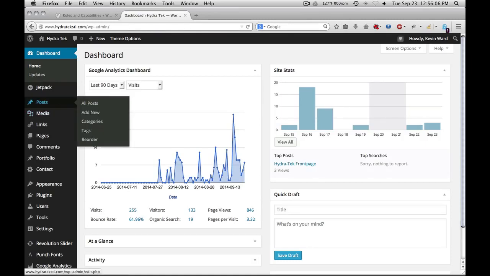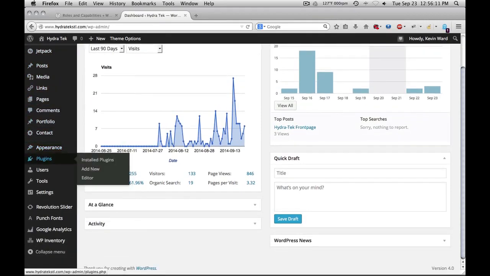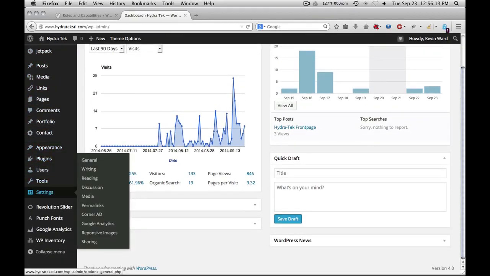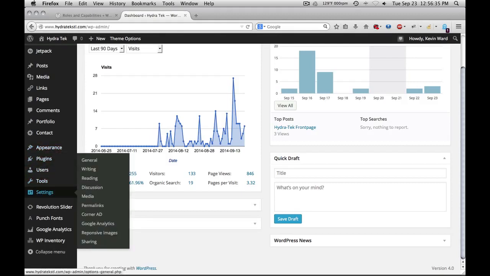On the left-hand side of the screen, you see a navigation that gives you the various options, many of which are based on the theme or plugins that you have installed. For example, you see Revolution Slider, WP Inventory, Google Analytics. These are all here because of plugins that were installed. The basic settings that you have on most WordPress installations are posts, media, links, pages, comments, plugins, users, tools, and settings. All of the other menu items that you see are additional menu items, again, that come from either plugins or